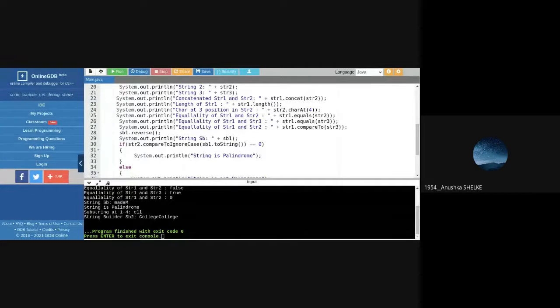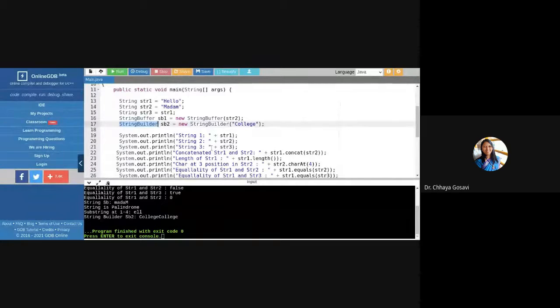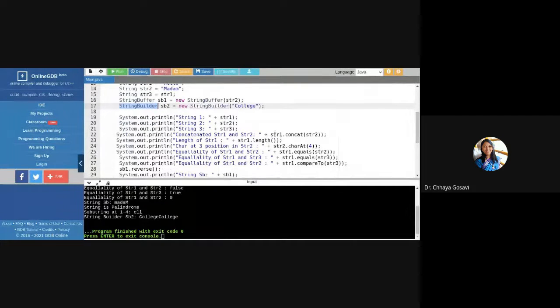Ma'am, then what's the difference between StringBuilder and StringBuffer from this example? For our normal examples, the applications that we are using, String, StringBuilder, StringBuffer are the same. The only difference: here I have used plus to concatenate.